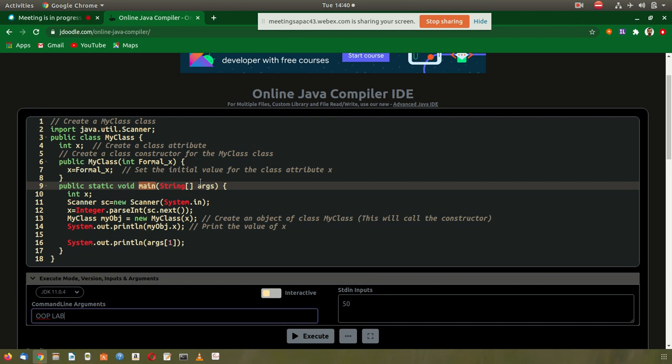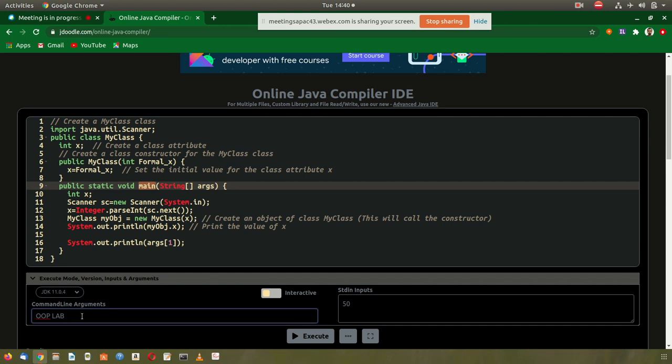Also you can pass arguments from the place where the program's execution starts, meaning from where you are calling the program, which is the origin of your execution.